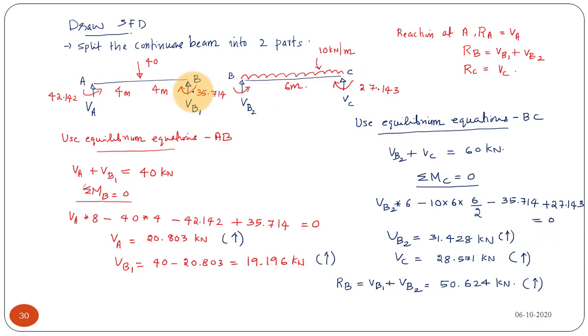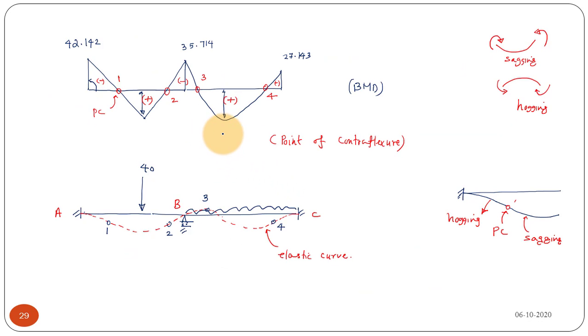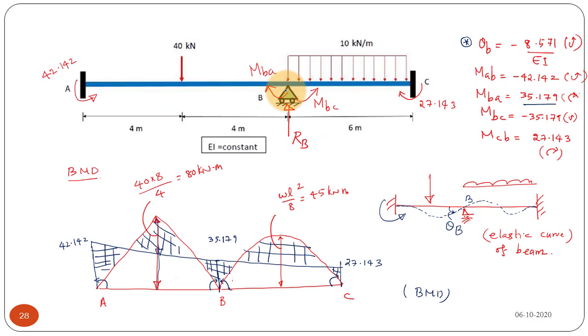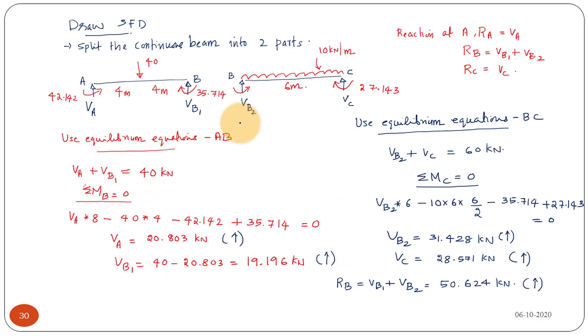Okay, so you take the beam, divide it into two parts, apply all the external loads and final end moments, and then we can analyze it like a determinate structure, because I have two unknowns VA and VB, and we have two equations of equilibrium, so we can solve for VA and VB. And actually, if you look at support B in the real structure, it is a single support. There will be one reaction value, but just for the analysis purpose, to get the value of the reaction at B, we have divided it into two parts.